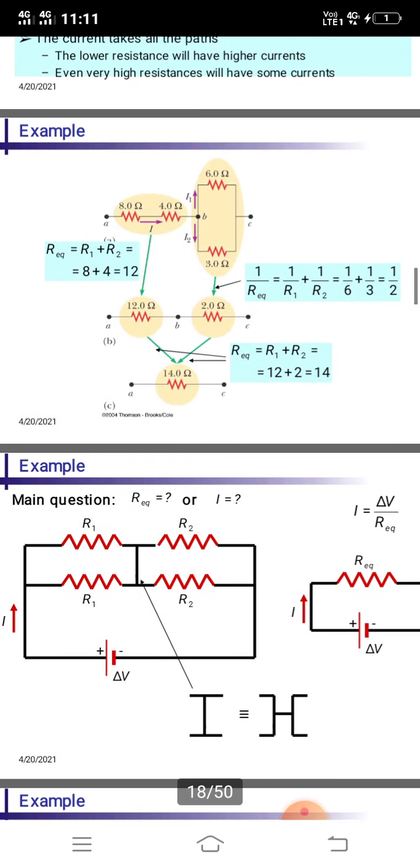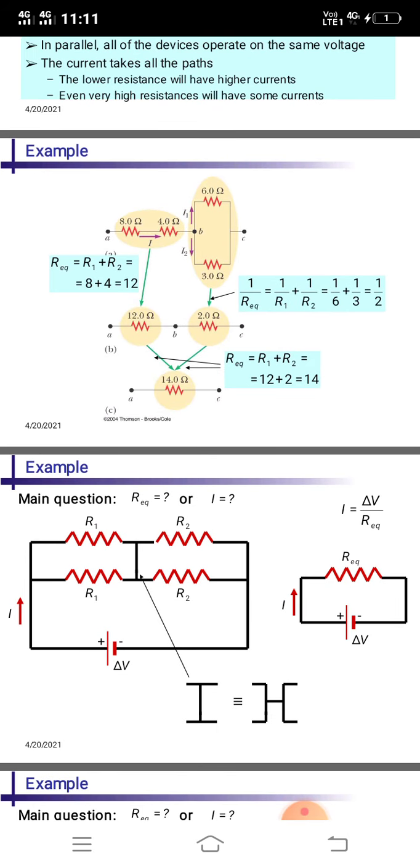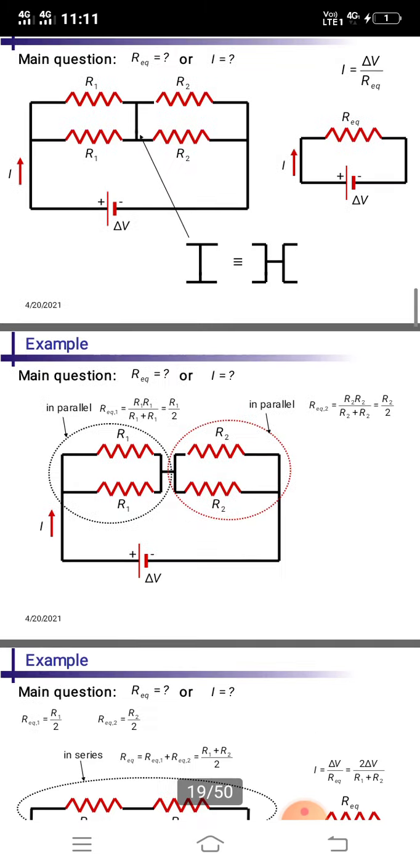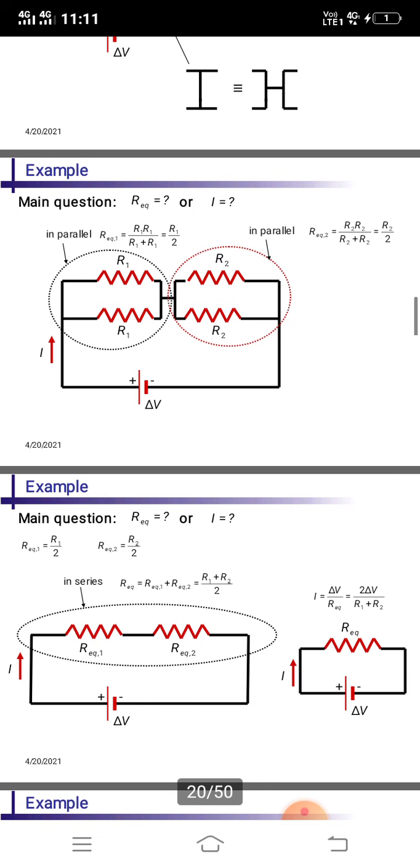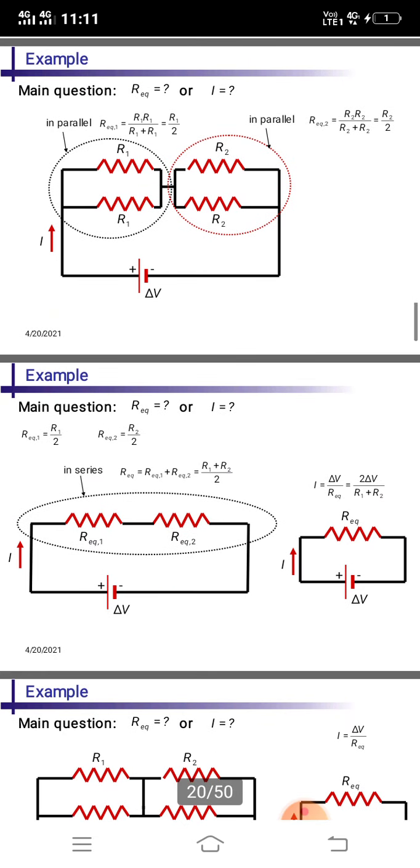Okay. This circuit is an example circuit for series connection and parallel connection combined. The same as this circuit, this one also has connections in parallel as well as series, but a different connection. This example circuit shows R equivalent 1 and R equivalent 2, consisting of R equivalent 1 having R1 and R2, R equivalent 2 having R3 and R4. Both R equivalents are in series, which is converted into a single R equivalent.